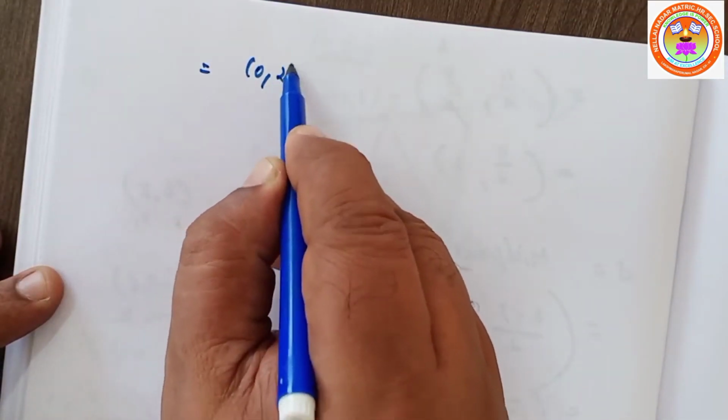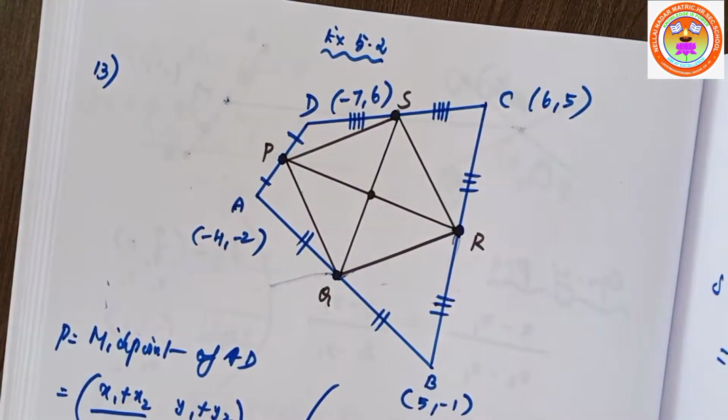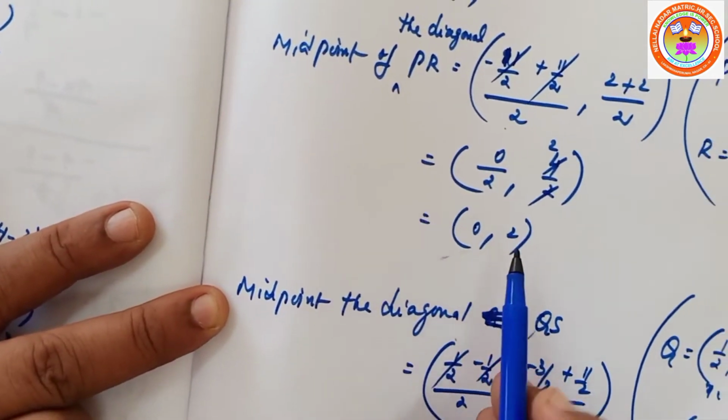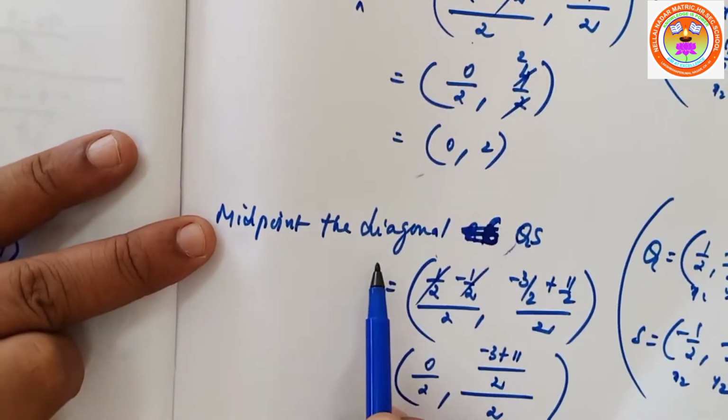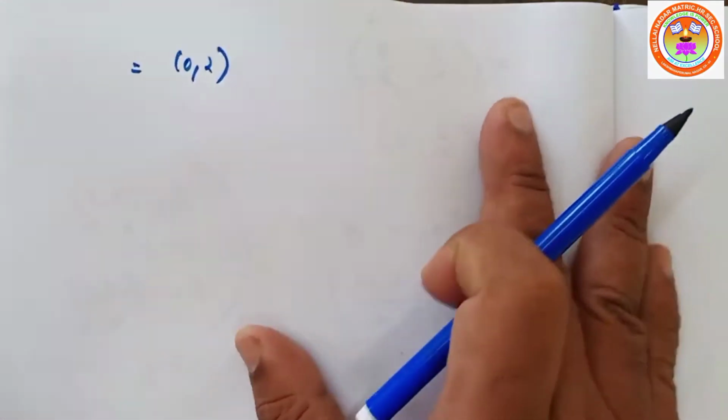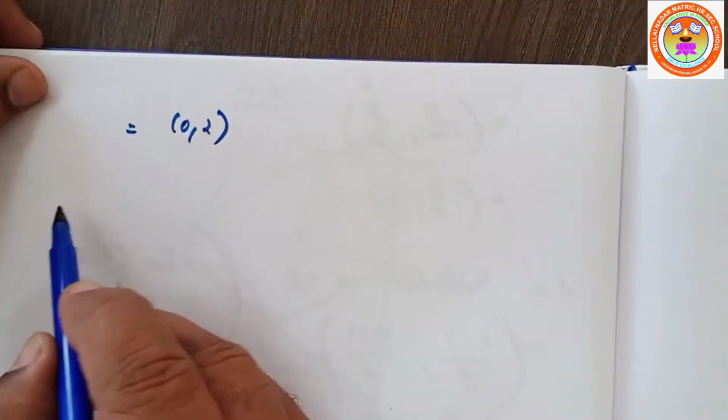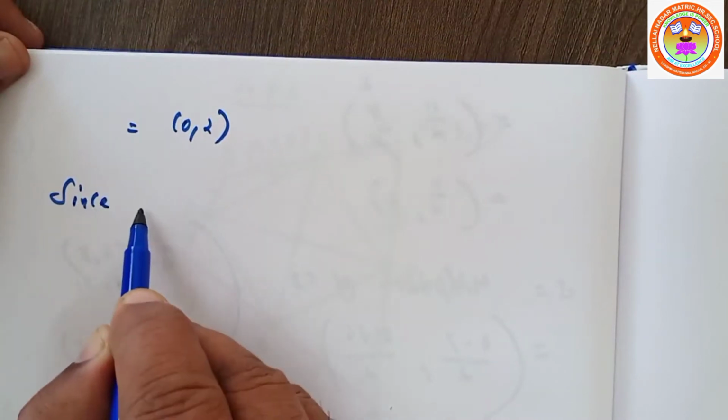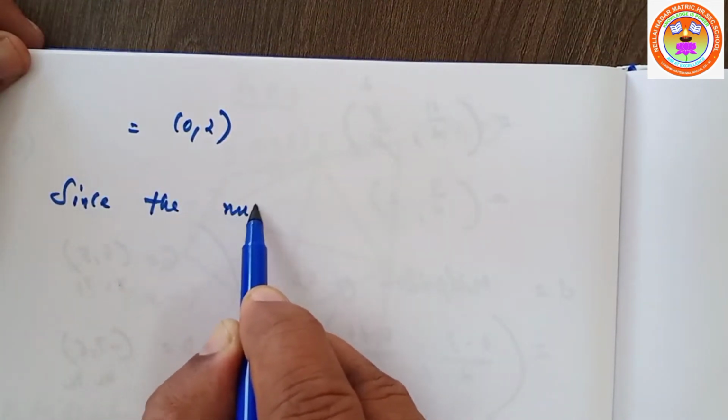That is equal to (0, 2). See, look at that. Midpoint of PR is equal to (0, 2). Midpoint of the diagonal QS is also (0, 2). So the final result, since the midpoint of